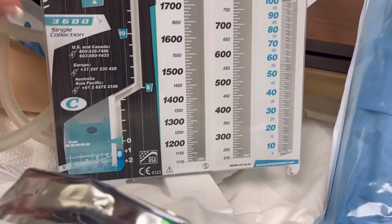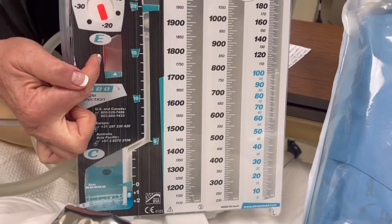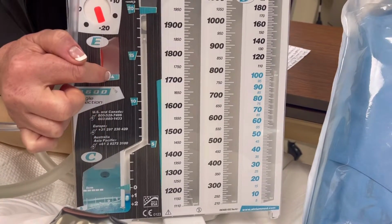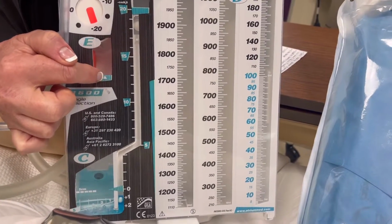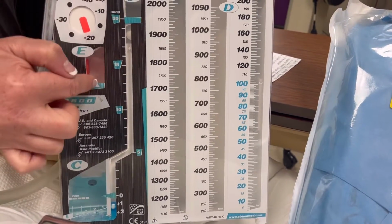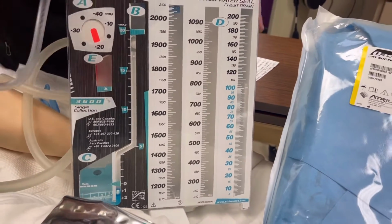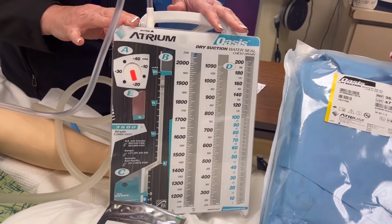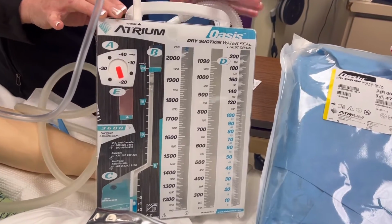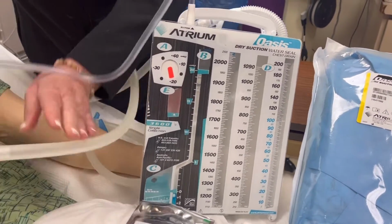Once this is connected and to suction, the E is a bellows, and the bellows will expand to what's called the delta mark, that little triangle there, and that's what indicates that you have full suction and that it is working appropriately. So your provider will place this at the bedside, and they will ask you to hand them the